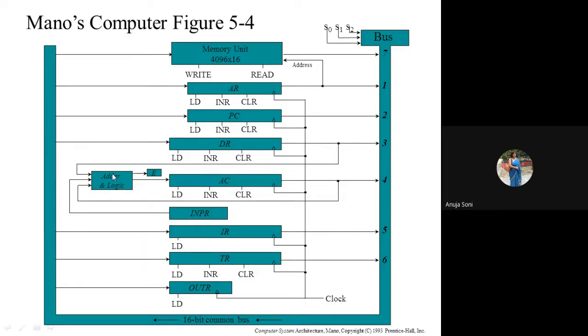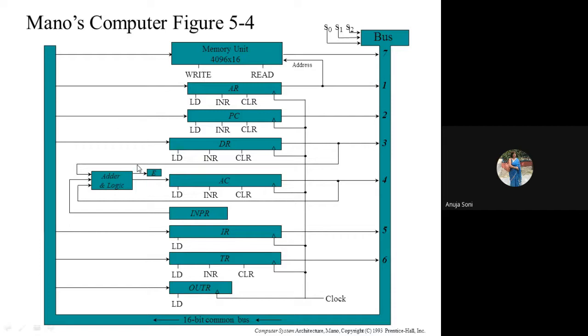Here some operation will take place. Which operation? Whichever is mentioned in your exercise or in the given question. In the given question, the add statement is written, so an arithmetic add operation will take place. In place of it, it could have been subtraction, multiplication, transfer, or shift operation. Any arithmetic or logical operation can take place, whatever is mentioned in the given problem.